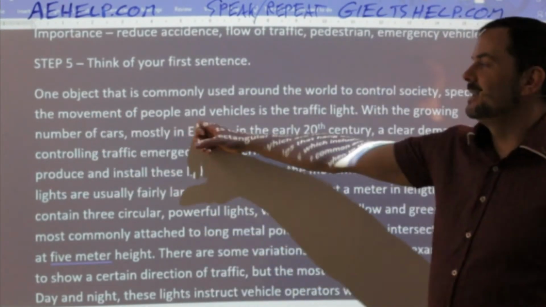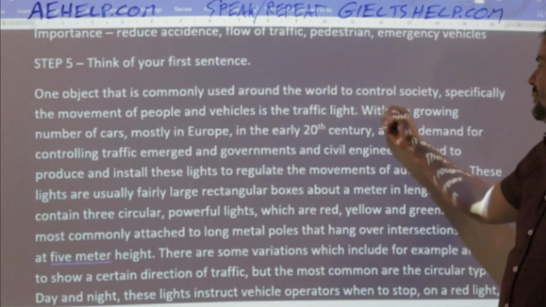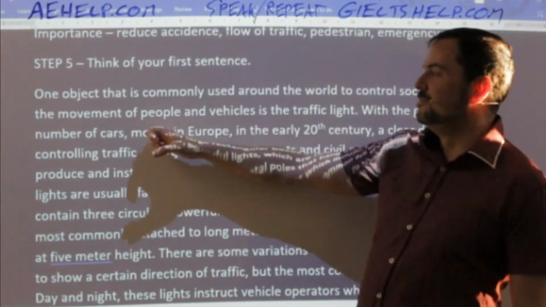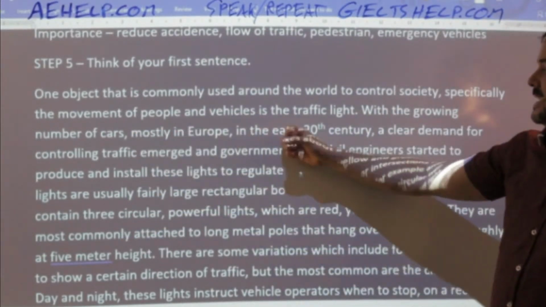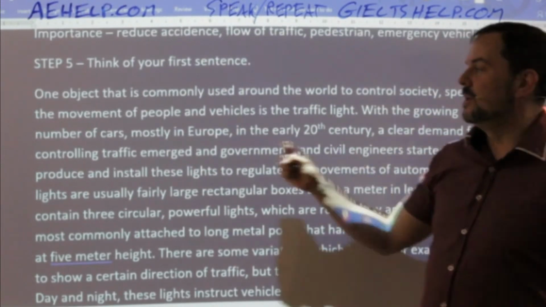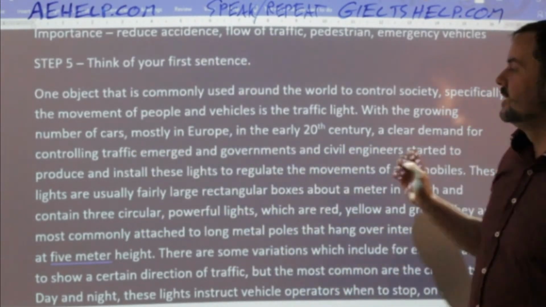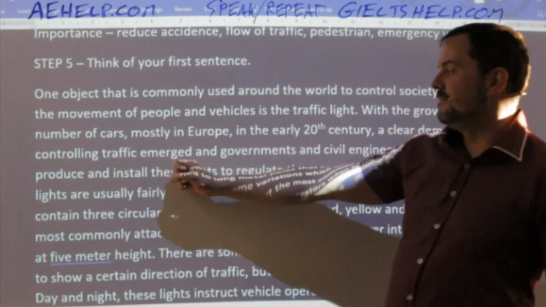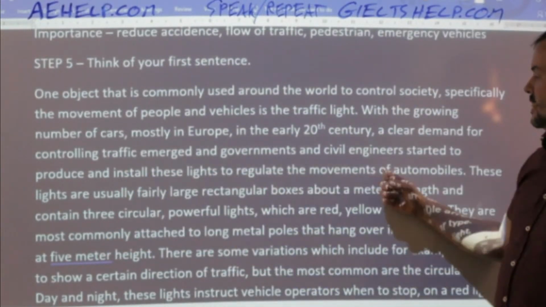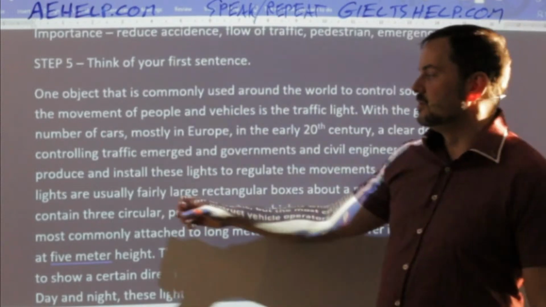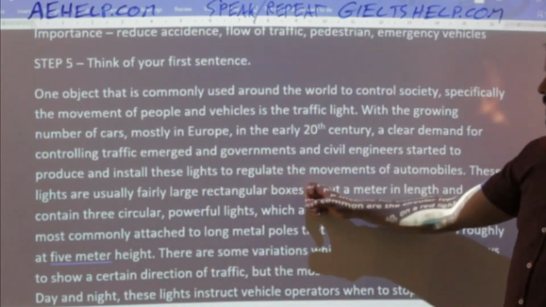One object that is commonly used around the world to control society, specifically the movement of people and vehicles, is the traffic light. With the growing number of cars, mostly in Europe, in the early 20th century, a clear demand for controlling traffic emerged, and governments and civil engineers started to produce and install these lights to regulate the movements